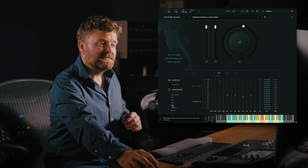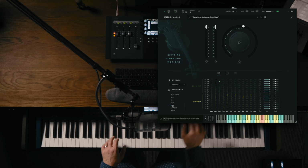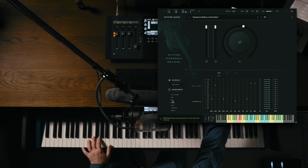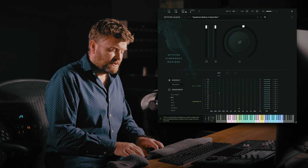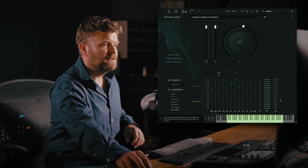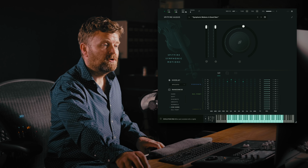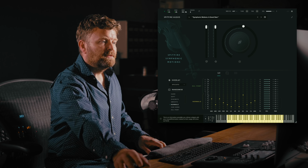You can pick from the 16th note patterns, the 12th note patterns, and the 8th note patterns, even down to the 6th triplet patterns. We can randomize solely within the sul pont section, within the con sordino muted section, just within the normal section,